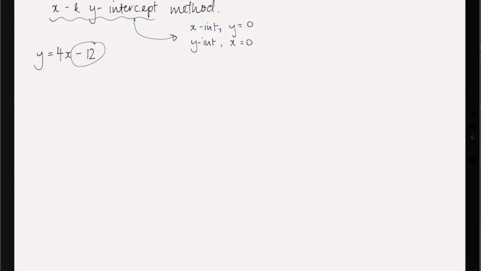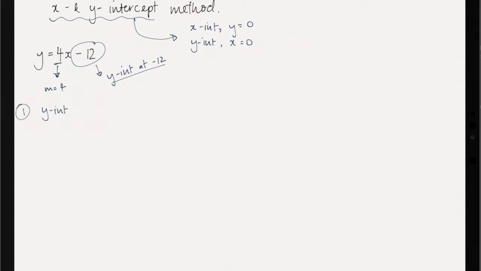We know that our y-intercept is at negative 12, and we know our gradient is 4. So funnily enough, we've actually just worked out that our y-intercept is negative 12 by looking at the equation. So remember, the y-intercept is when x is equal to 0. So if we were to write that as a coordinate, I'm just going to write here,